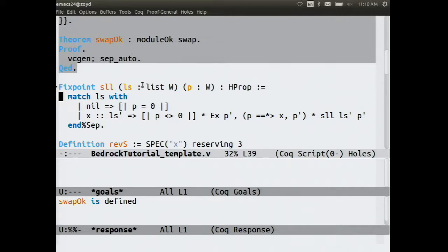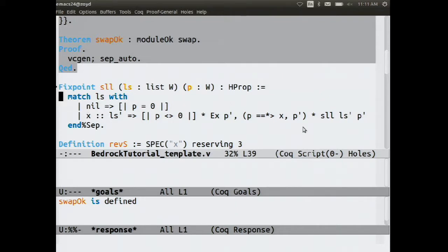So, all right, what does it mean for a linked list to be in memory? Well, if we're trying to represent an empty list, then that just means the pointer P is 0. If we're trying to represent a non-empty list, then the pointer is not 0, and also there exists a tail pointer such that at the address P we find a two-element struct. At the first position we have the data value x that came out of the front of the list, and at the second position, we have the next pointer p prime.